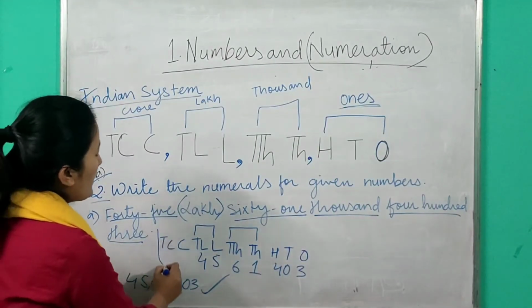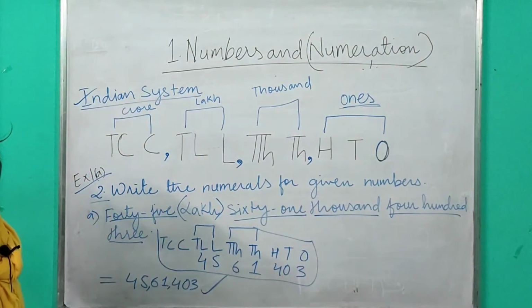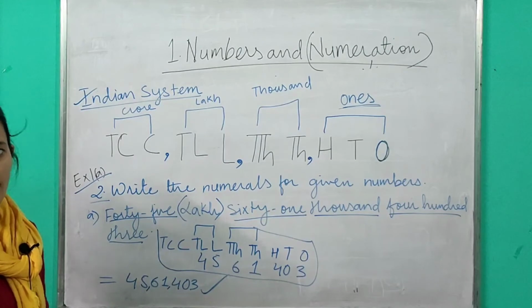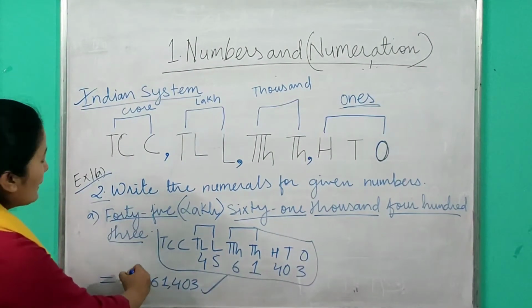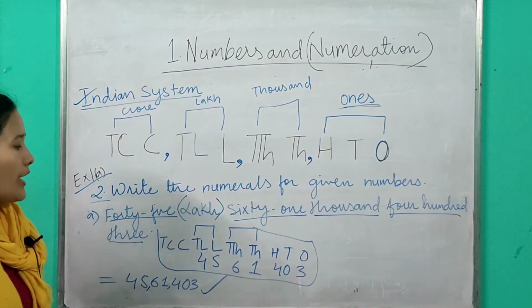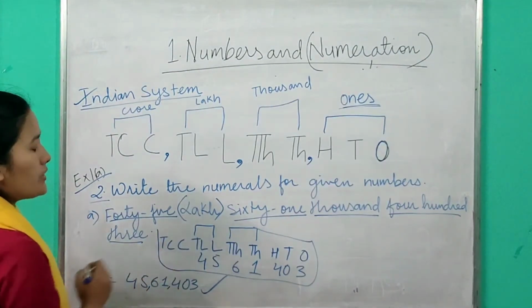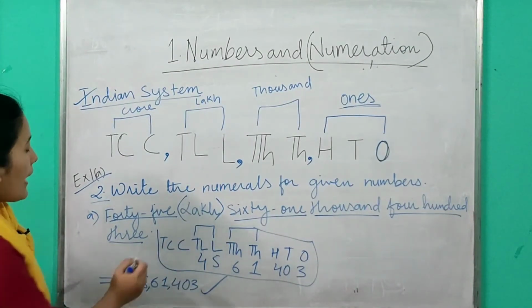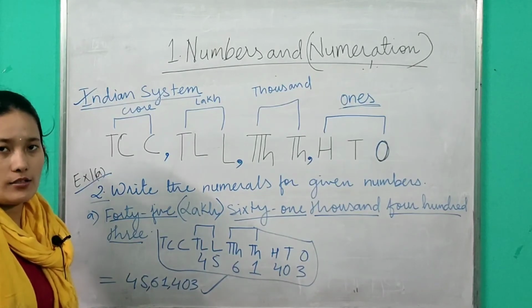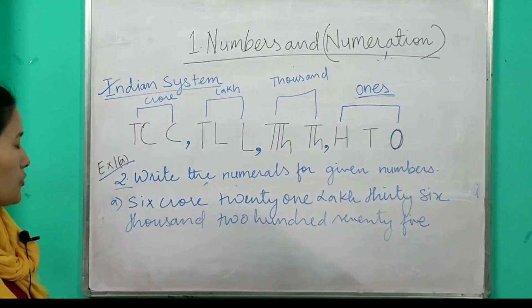If you draw a place value chart like this, then it becomes easier for you. But if you are totally confident about writing words into numbers, you can directly write down the answer also. You don't have to draw the chart. But if you are not confident enough, then draw the place value chart, place the numbers accordingly, and then write down the answer.